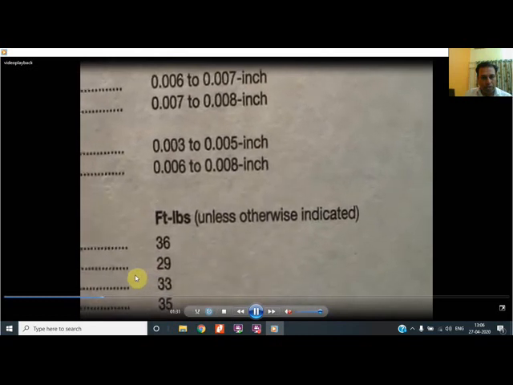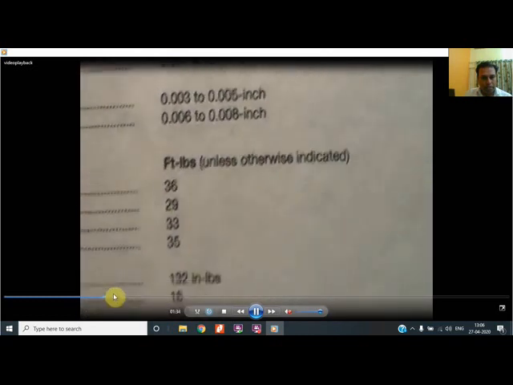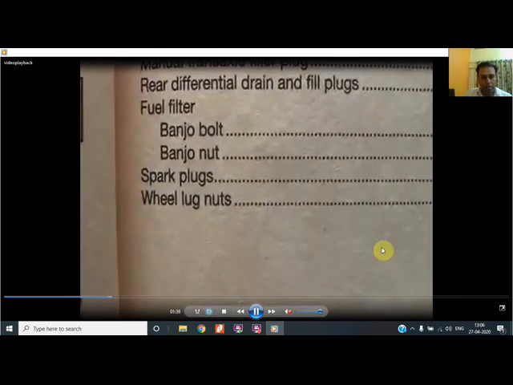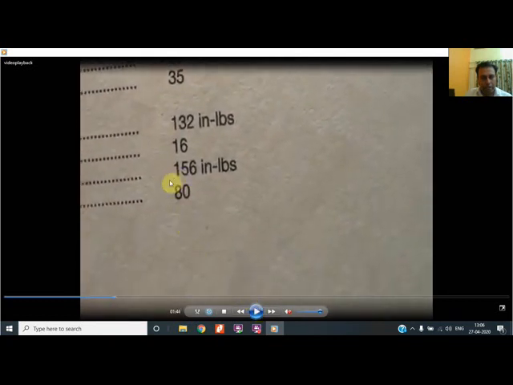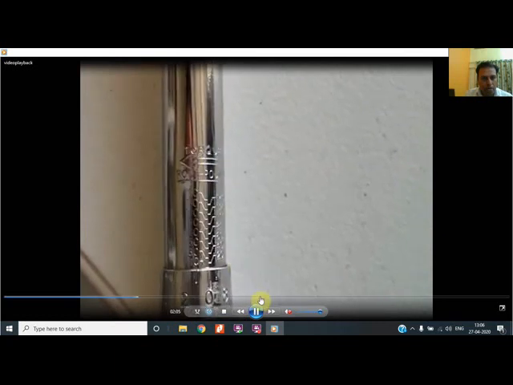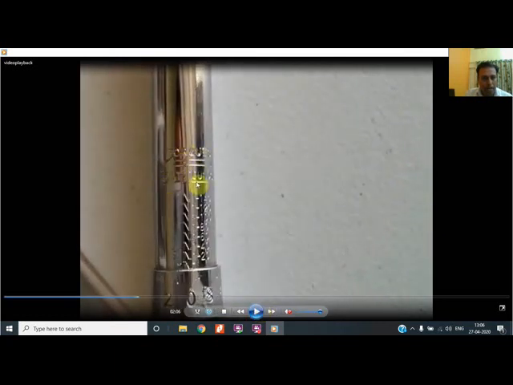In the torque specification, when we go to the last box, we see in the last they have mentioned, moving ahead, wheel lug nuts. So what torque we have to specify for the wheel lug nuts? It has been mentioned over here. It is 80 Newton meter. It is being shown over here. Means it is in foot pound or inch pounds. That is, 80 Newton meter we have to specify. So that provision will be given in the torque wrench to give the torque in whatever standard they want. And he has set the foot pound type torque, which is being shown over here. This is a torque, and this is foot and pound.